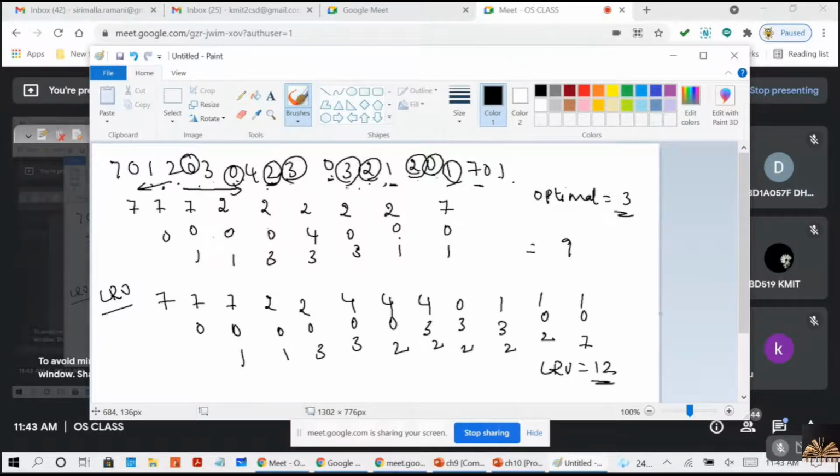For that, reference we have to refer that. Then you should have a copy of what are the future references and what are the previous references, right? So for that, we will be using this counter and stack implementations, right?